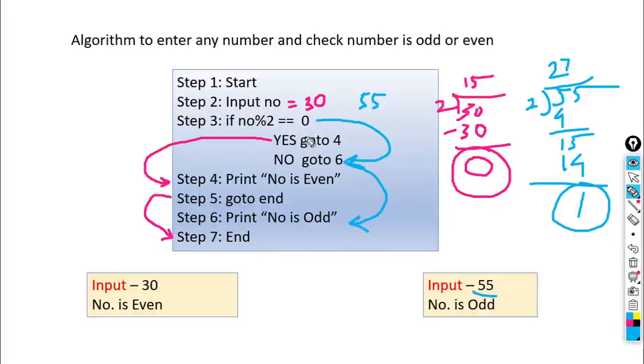Okay, so like this we can find the remainder of the inputted number, and with the help of the remainder we can check whether the given number is even or odd. So this is the logic behind this. The modulus sign is used to calculate the remainder. The slash sign is used to calculate the quotient, meaning to do the division, but here the modulus percent sign is used to find the remainder. So this is the question on how to find whether a number is odd or even. Okay, next one.